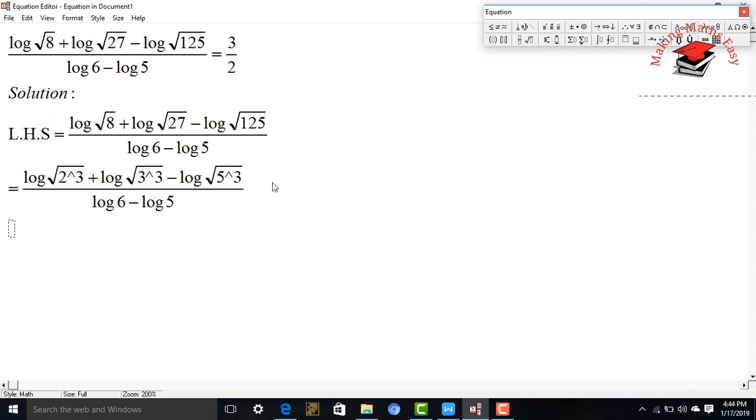Okay, now the next step is we will split the square roots. So I will choose the divide operator and then log of